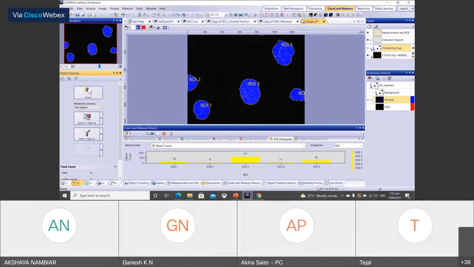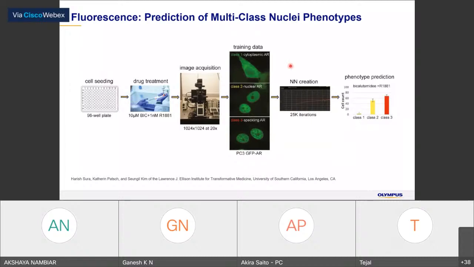That needs to be set in the algorithm, and then if you click start, it will give you the result of the tracking.